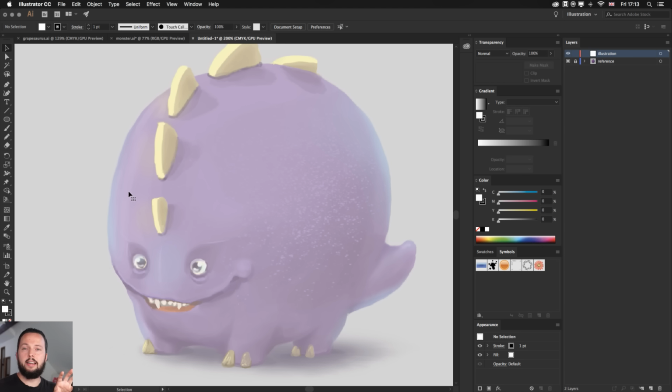But the reason why I chose this round shape is because I wanted to make this character look cute, but at the same time also slightly scary. That's why I made the eyes the way they are, and also the teeth. So it is like a mixture of those two. So what I'm going to do is use the ellipse tool and simply start drawing.